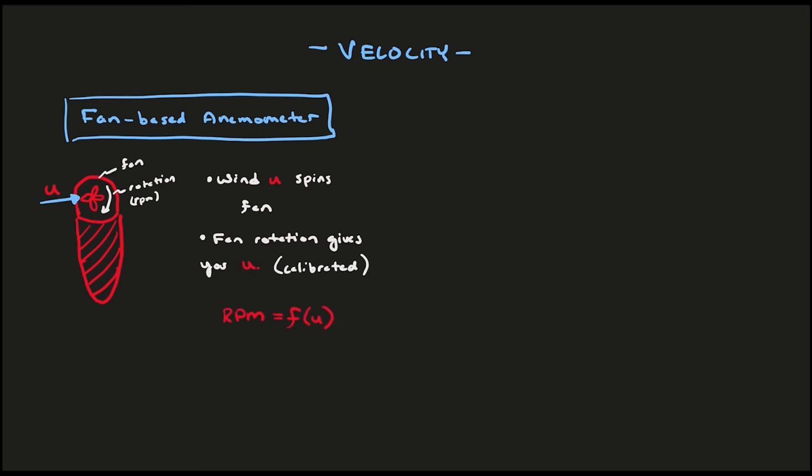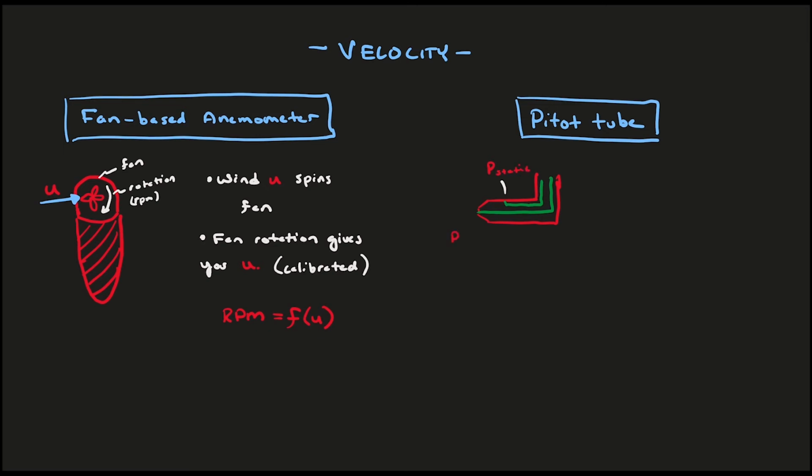The next measurement device is the pitot tube, which has been used by researchers and aircraft engineers for decades. You have a specifically designed tube that is placed in the flow field. There are 2 pressure taps, one at the tip of the probe and one at the sidewall. At the tip of the probe, the flow velocity has stagnated, so the pressure at that location is the total